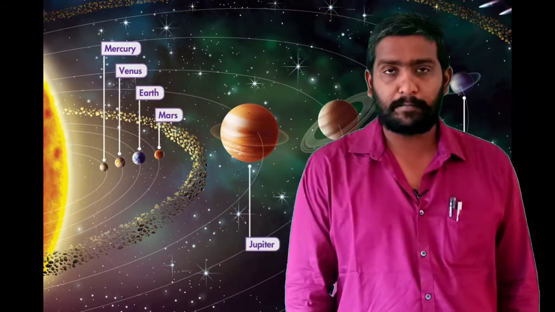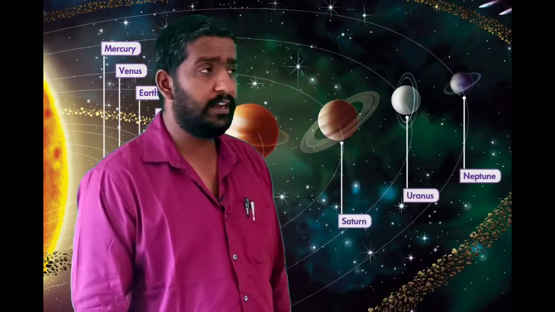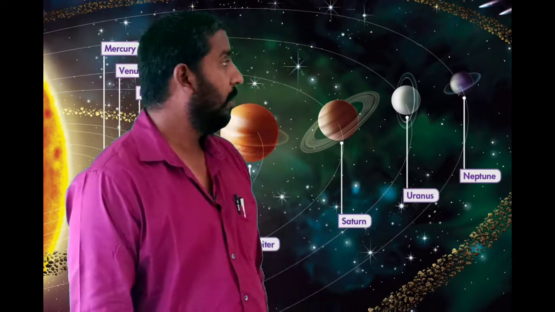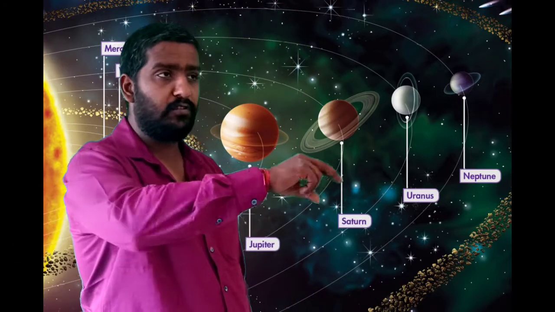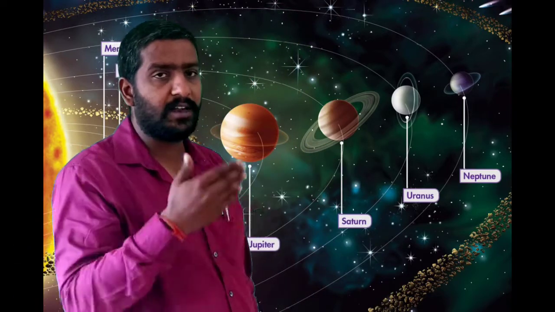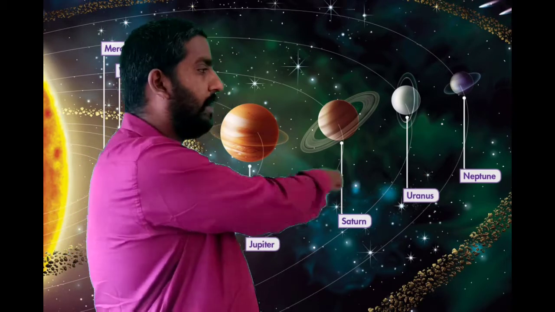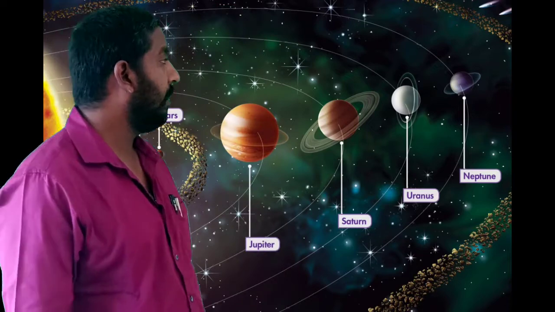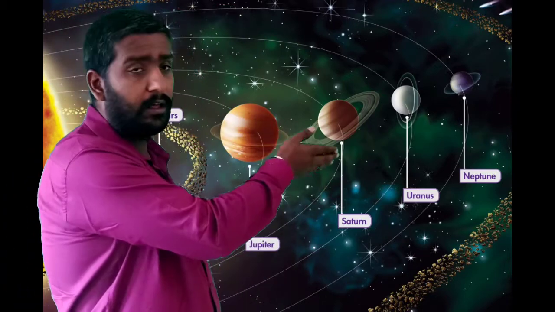Now coming on to the planets. In our solar system there are 8 planets and 1 dwarf planet. The 8 planets initially start with Mercury, Venus, Earth and Mars, and later on there are Jupiter, Saturn, Uranus and Neptune. There is an asteroid belt soon after Mars. Mars के बाद एक asteroid belt बनी होती है, which you can see here in the picture. There is an asteroid belt here which follows after Mars.